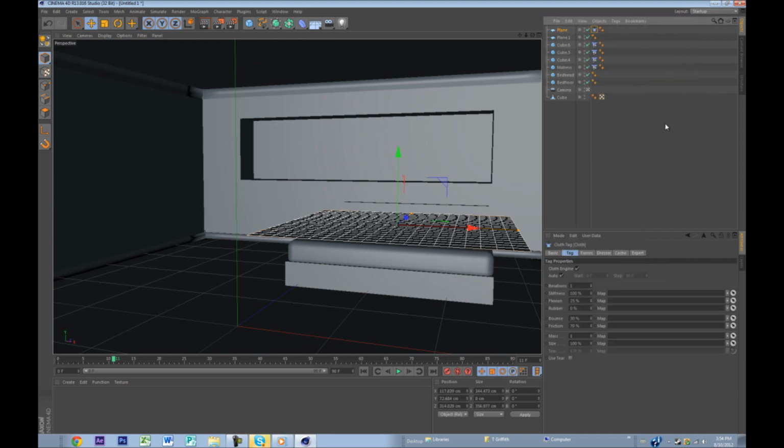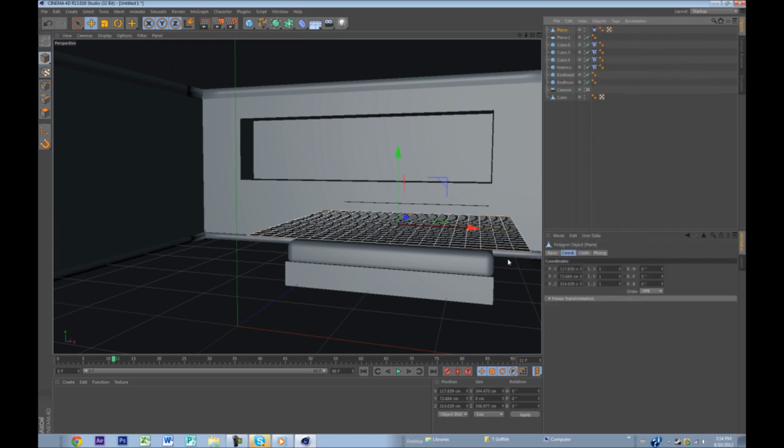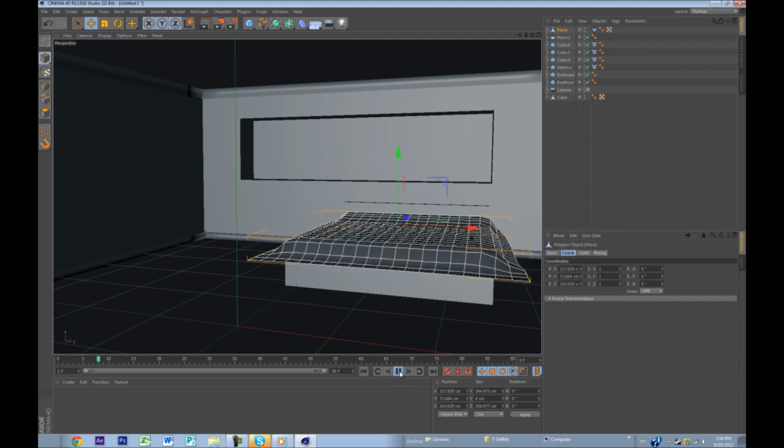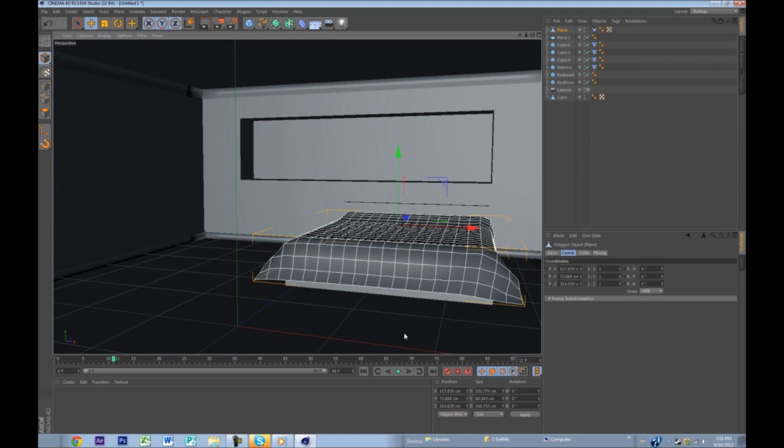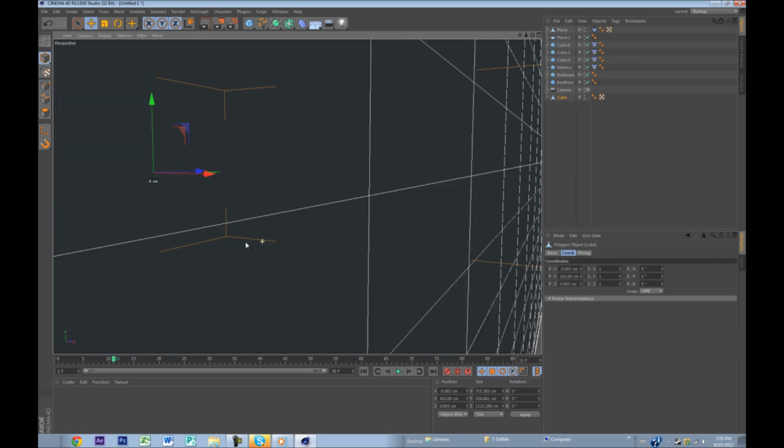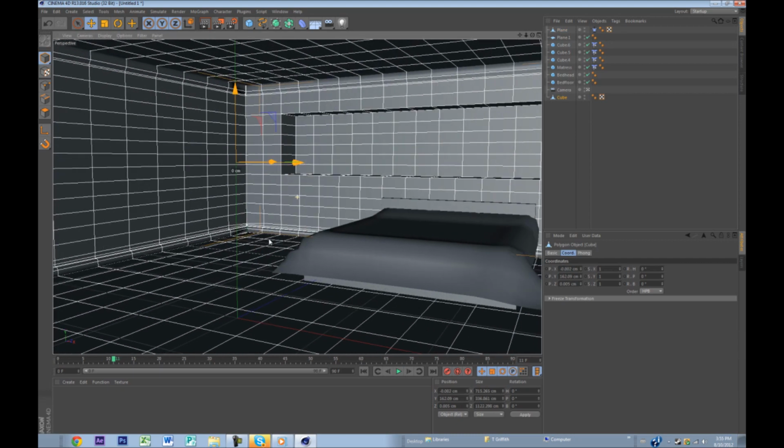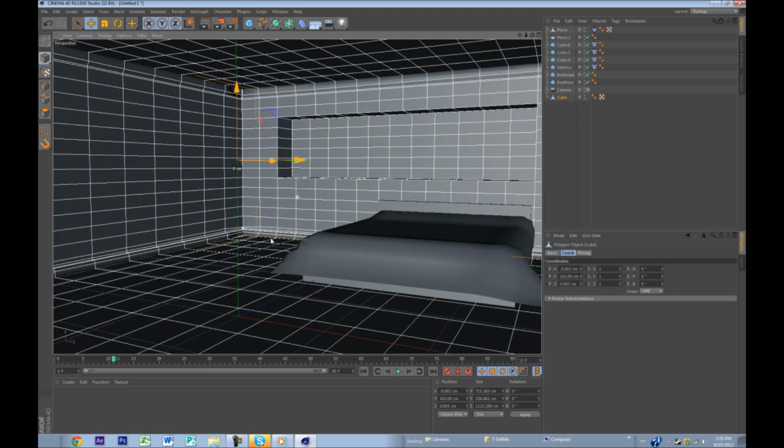Simulation tags, cloth, make editable. Well, it gives you a really good understanding of how to make a bed. Okay, now you're going to pause, and yep, I'm liking that. Okay, so now that you've done the bed, you want to get an angle for your actual